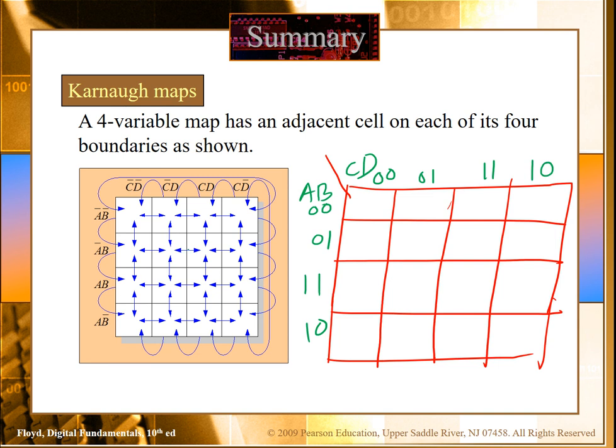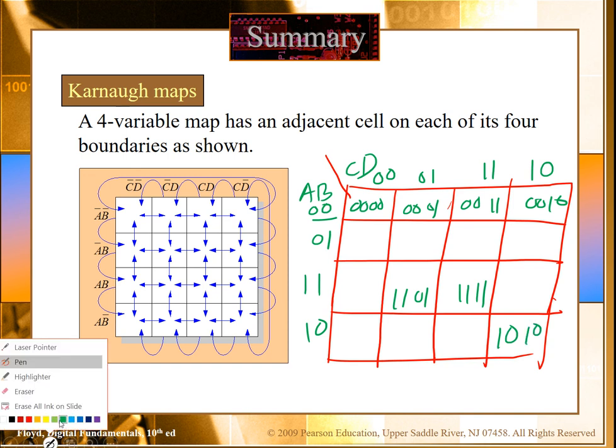Now the first cell is what? 0 0 0 0, then 0 0 0 1, 0 0 1 1, 0 0 1 0. For example, let's write here 1 1 0 1 and 1 1 1 1. Let's write this cell: this is 1 0 1 0.